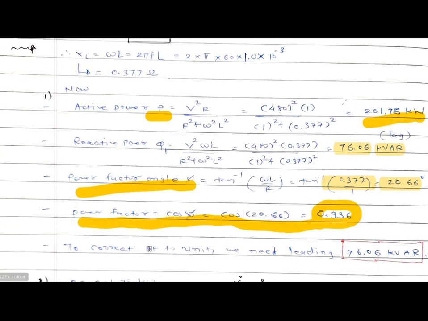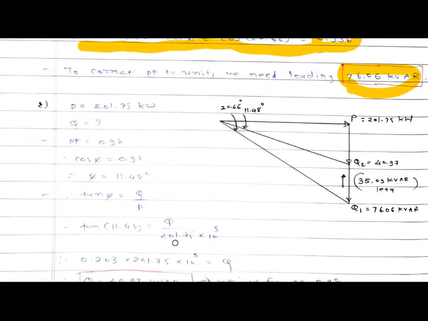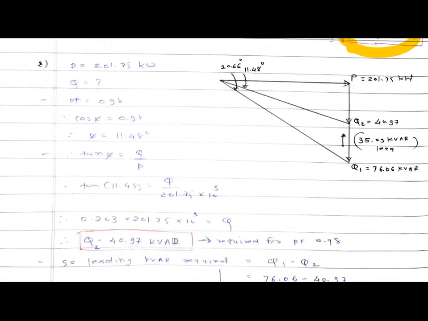Now to correct the power factor to unity, we need the leading kVAR of 76.06 kVAR, because these are the reactive component. So for making the power factor unity, we have to supply 76.06 kVAr in leading. So this is the leading kVAr required for the unity power factor. So now P is equal to